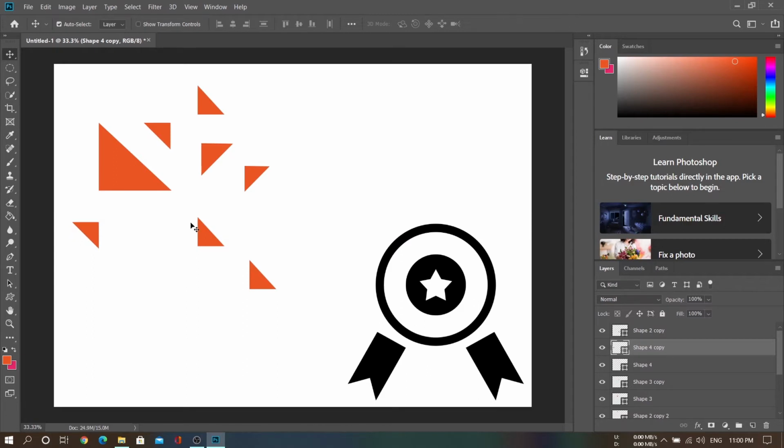Now we are going to make another triangle by using the pen tool. Now made this shape. Now I'm going to make another triangle.